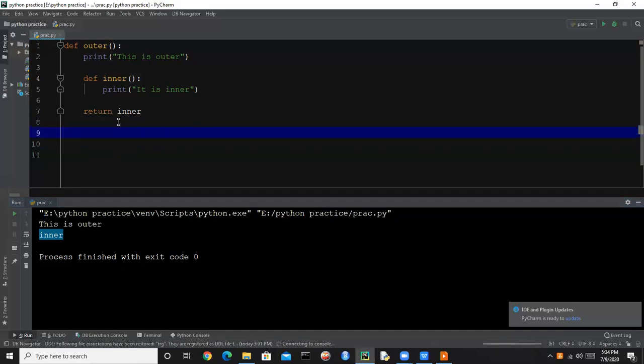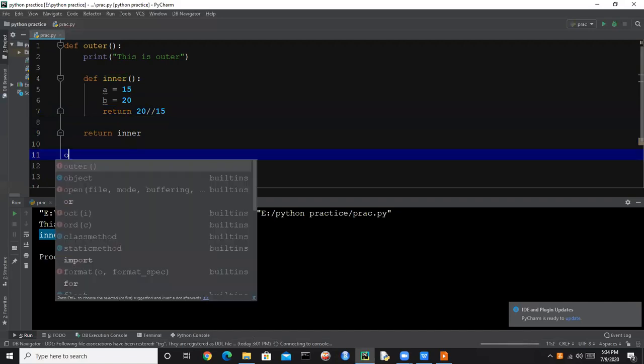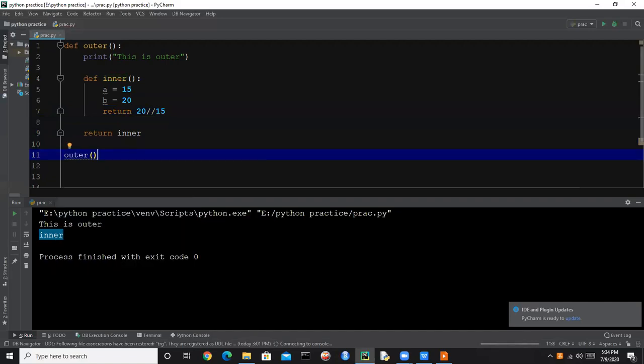Now let's try another example. Let's do some computation. Let's say here a is equal to 15, b is equal to 20, and let's return 20 divided by 15, and it will return the value of 20 divided by 15. And let's call the outer function and print this.